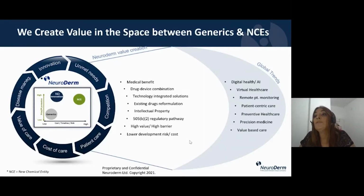So Noraderm is focused on creating the value in the space between generic and NCEs via the 505(b)(2) route. In recent years, the drug development world places effort in giving new life to old drugs to reduce time, cost, and risk, and to increase the chances of developing new therapies for the benefit of the patients. This is Noraderm's value, giving new life to old drugs, even shelved or abandoned, using advanced reformulation capabilities